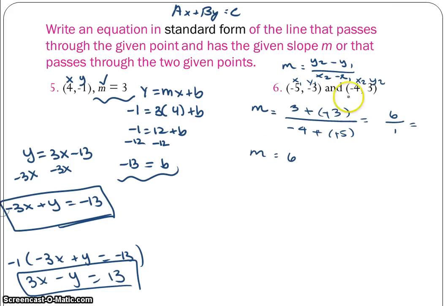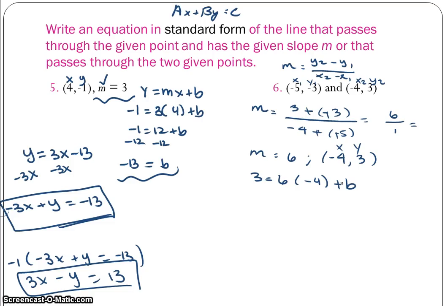I'm going to go ahead and pick the second pair just because those numbers look a little bit easier. Not much, but just a little bit. So I have -4, 3. Here's my x, here's my y. Thank you so much, Miss Hagler, for writing down the formula for me already. So instead of y, I'm going to write 3 equals m, which is 6, times x, which is -4, plus